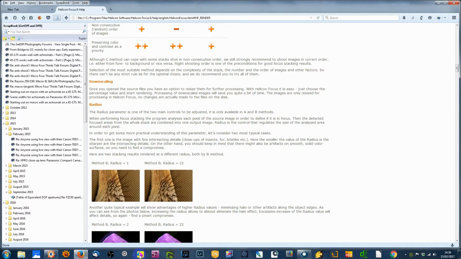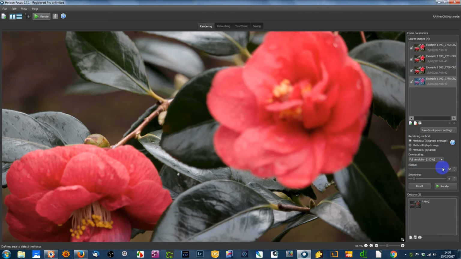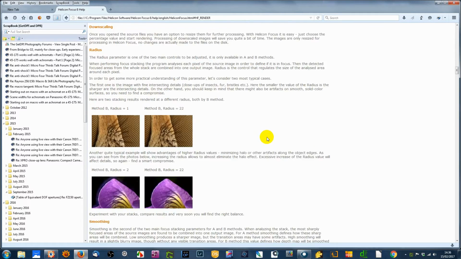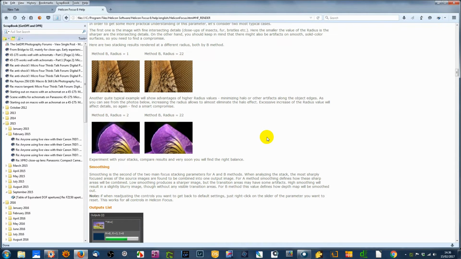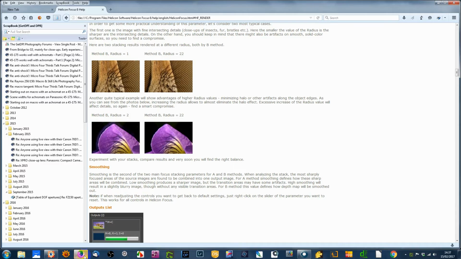There's also, if we go back and have a look at Helicon, if we look at Method A here, there are a couple of parameters, radius and smoothing. Again, we can look at the Helicon help, and this tells us about the parameters. And by the way, Method A and Method B both have these 2 parameters. Method C doesn't have any parameters. So if we go back to the help,